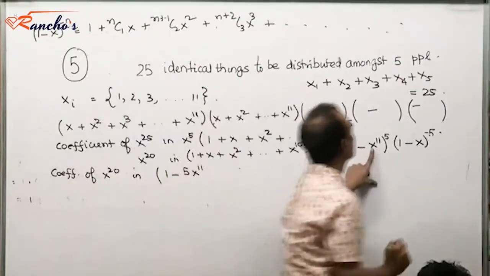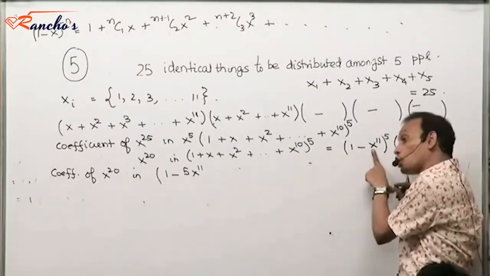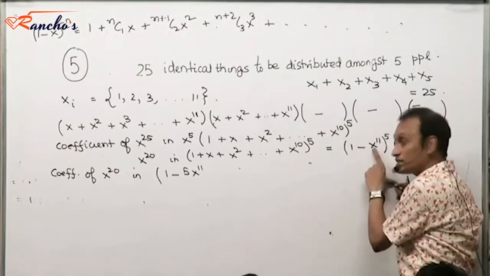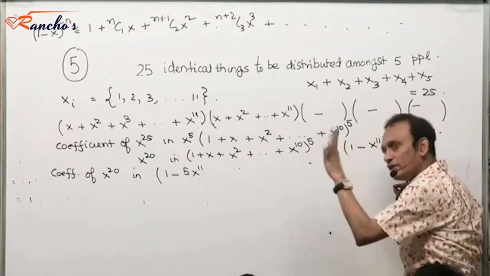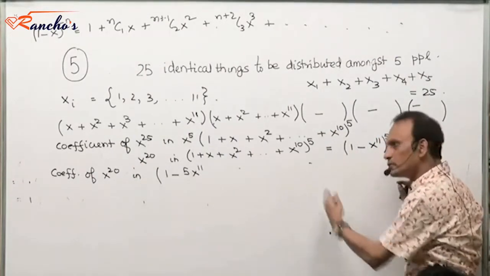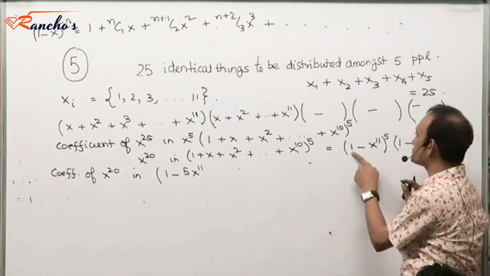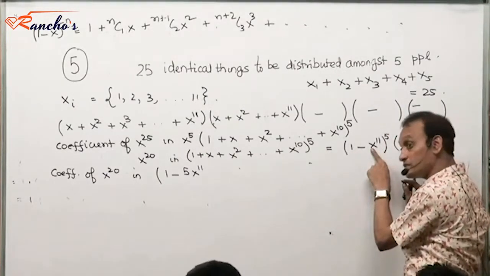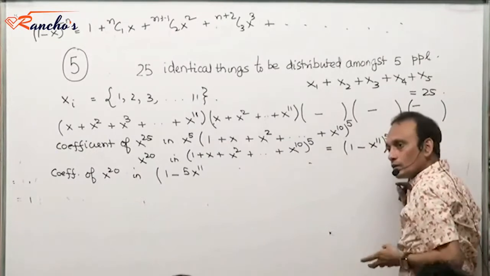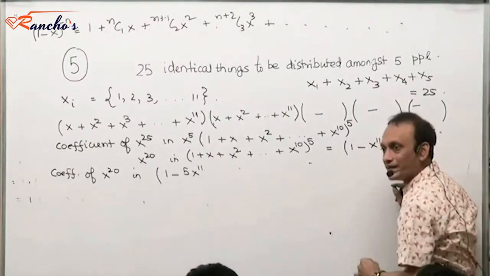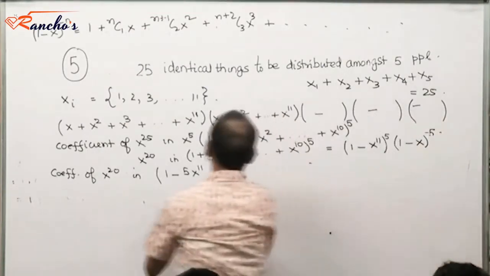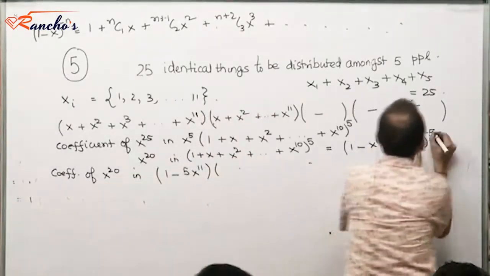Now, why I don't want to write terms after this? They will not contribute to x power 20 here, because terms after this would be like x power 22, x power 33, isn't it? Higher and higher powers of x power 11. They will not contribute to x power 20 in this multiplication, isn't it? So I don't even bother to write these terms. I am only interested in the two terms in this expansion: 1 minus 5 x power 11, because after this, what would be my next term? 5C2 x power 22. Now that will not participate in your creation of x power 20. So I dump that. Keep only as much as is needed. Right? Remove this.